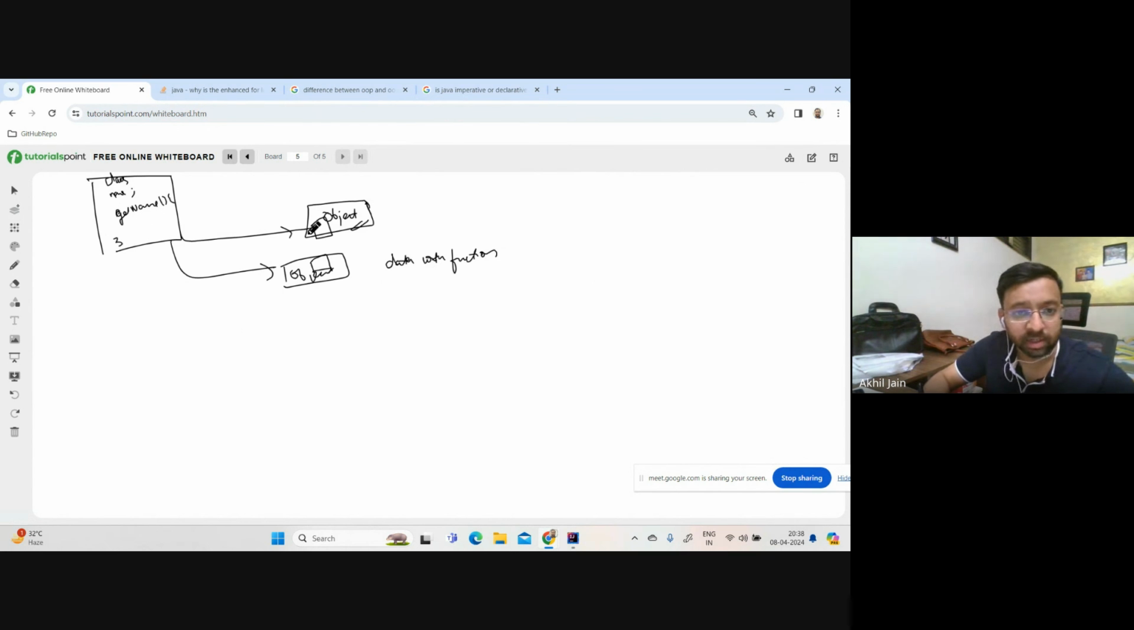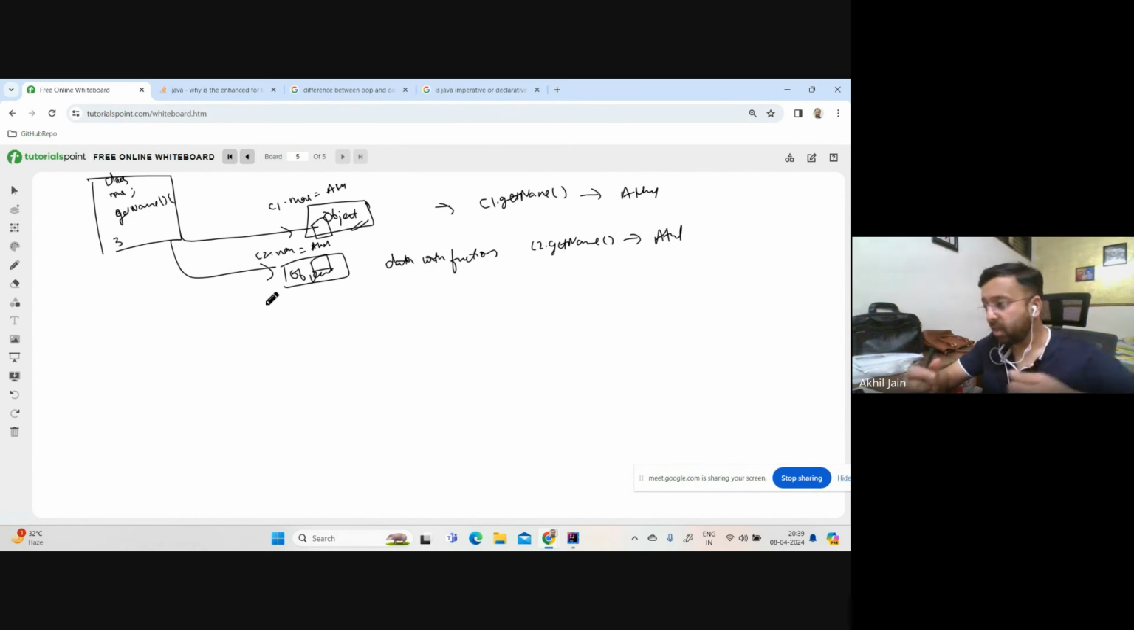I created two objects, let's say C1 and C2, and I provided the name here. C1.name equals Akhil, C2.name equals Atul. And I try to run this method, C1.getName. What will this print? This will print Akhil only. And if I do C2.getName, you are printing Atul here. So this is what is meant by tying your data with your functions. And how is it possible? It is possible because of